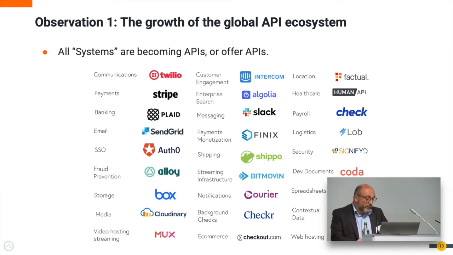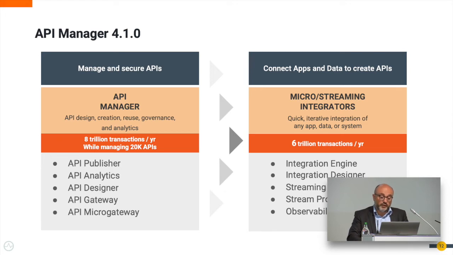Our on-premises or downloadable solution is what we call API Manager 4.1. We have just released it at the beginning of this month, and it includes both integration capabilities and API Manager capabilities. With the integration part, we can rely on an integration engine or a streaming engine to create classical ESB-like integration or streaming-based integration. And the suite is completed by, of course, development components and observability components.